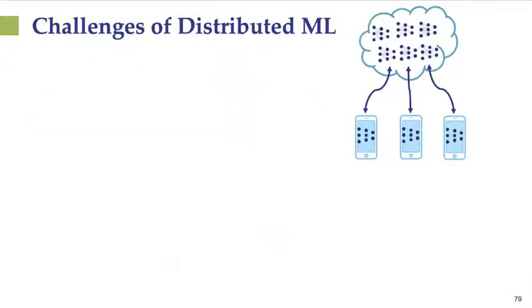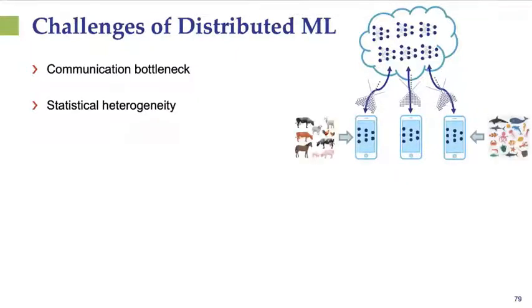So start with federated learning. What are some challenges? Well, one is just the communication bottleneck. As I said, we're talking about a wireless network. Data has to be uploaded from the end user devices to an edge device or an access point. So there's going to be a bottleneck there. There are usually many end user devices for each edge or access point device.